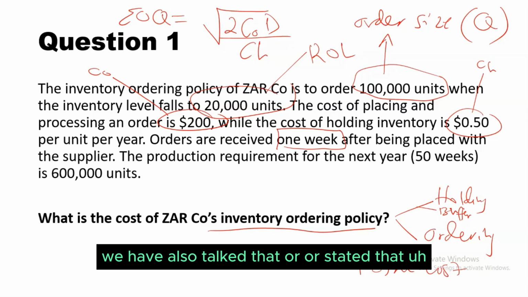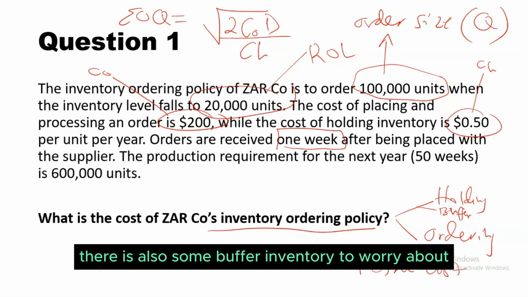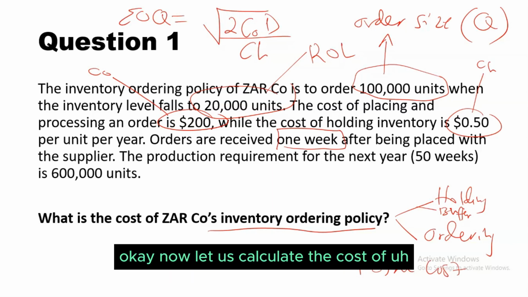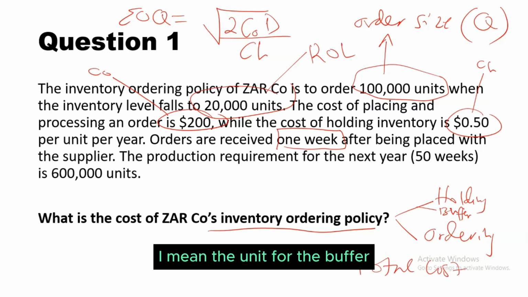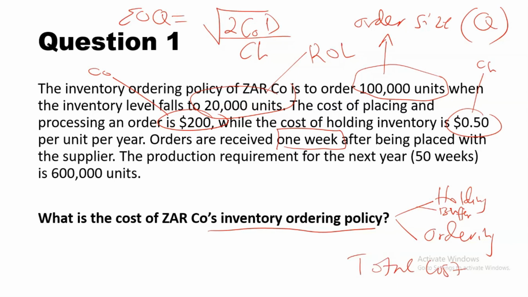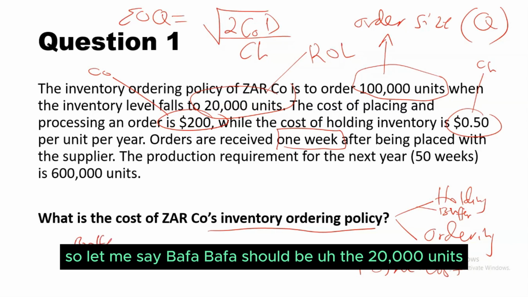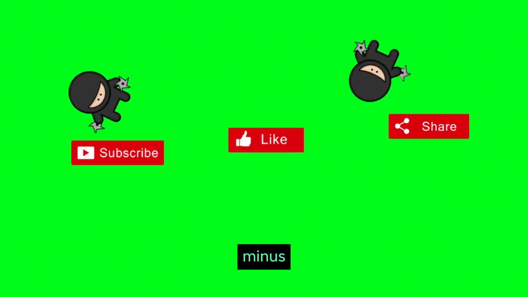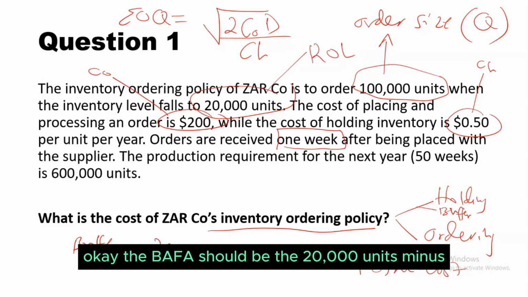All right, now we have got these, and we have also stated that there is also some buffer inventory to worry about. Okay, now let us calculate the cost of the units for the buffer. How many units should we keep in stock as buffer inventory? We know that we are going to order, so let me say buffer should be the 20,000 units minus